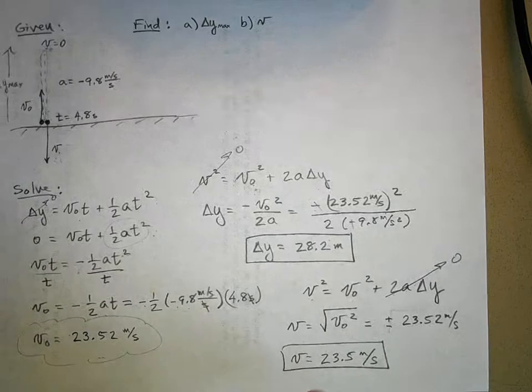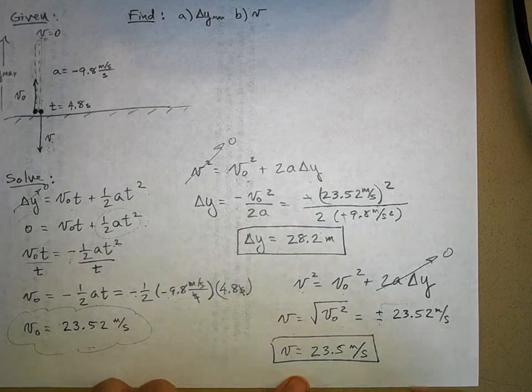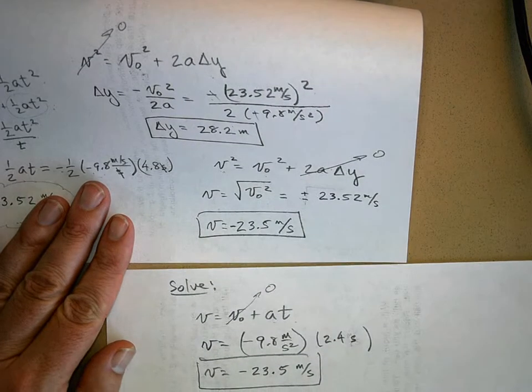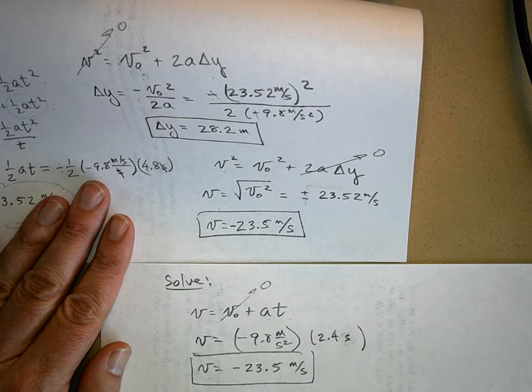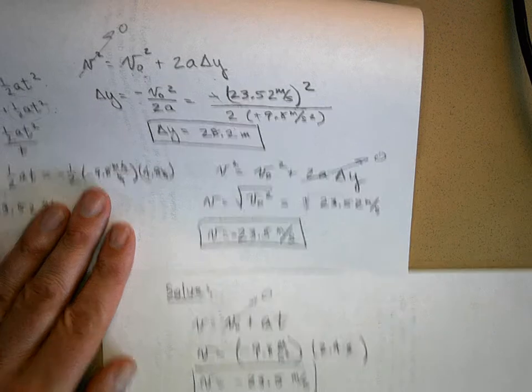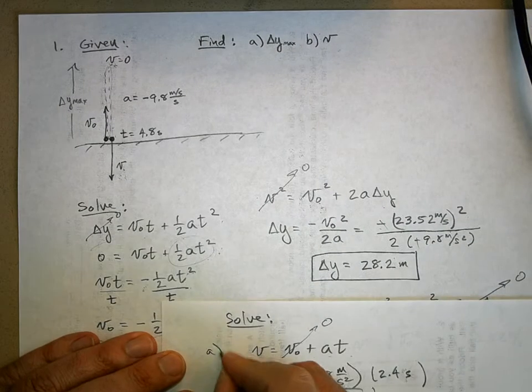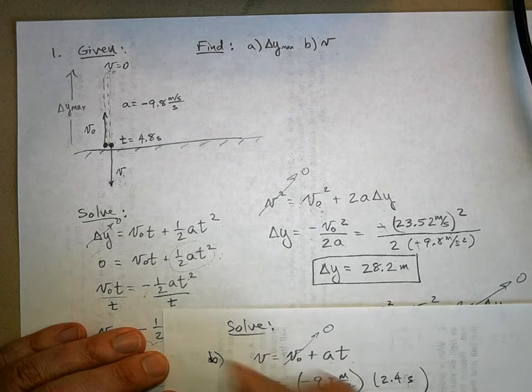Yeah, 23.5. Oh, guess what? I forgot to put the negative on here. Yeah, negative 23.5. Look, I got the same answer. Yay, clapping. All right. Of course, this was part B. And now let's do part A